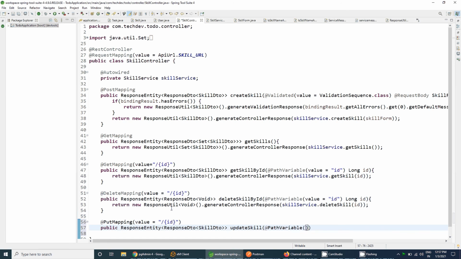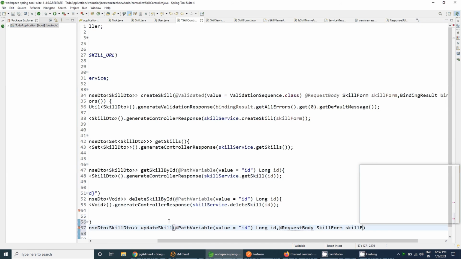The value inside the path variable will be the same as I have mentioned here, that is the ID, and this the long ID, and after that we will get the request body for updating. So @RequestBody will be there, and the request body will contain the same skill form, and to validate this request body what we need is @Validated.